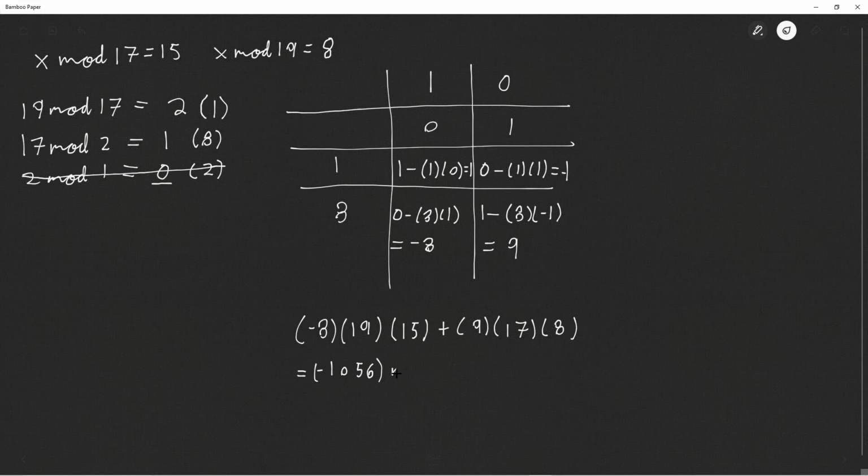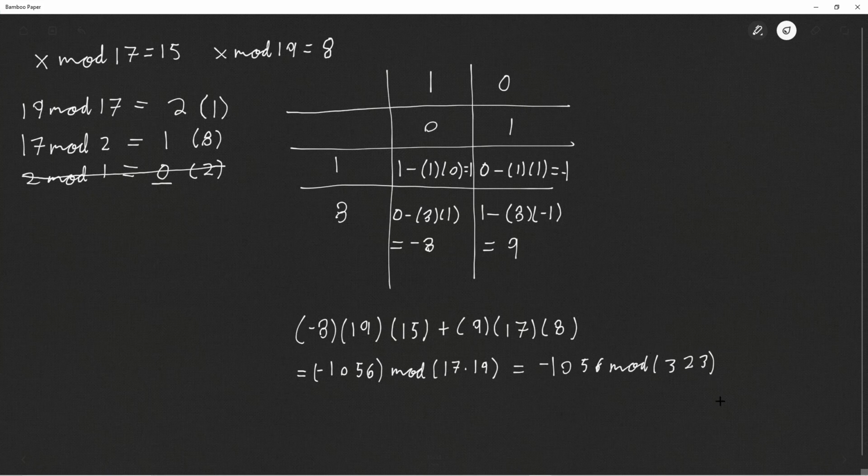And you can think of it as modulo 17 multiplied by 19. And this will change to equaling negative 1056 modulo 17 times 19, which is